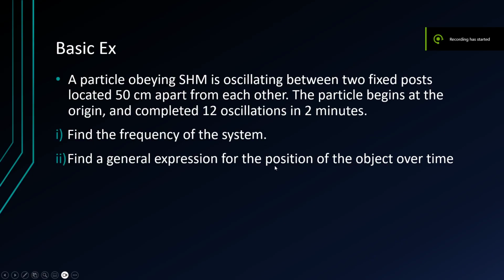So here is a basic example of simple harmonic motion. A particle obeying simple harmonic motion is oscillating between two fixed posts located 50 centimeters apart from each other. The particle begins at the origin and completes 12 oscillations in 2 minutes. First, find the frequency, and second, find a general expression for the position of the object over time. So you can go ahead and try this problem, and when you're ready, come back for